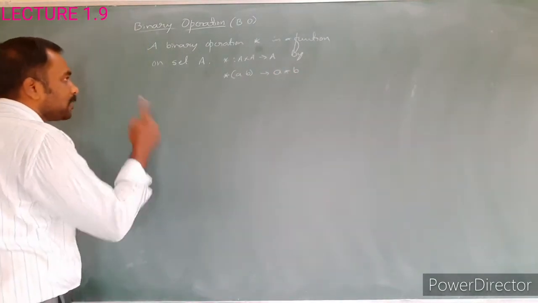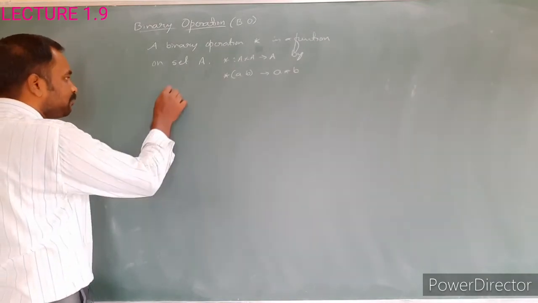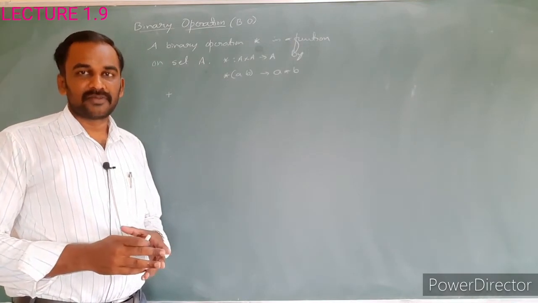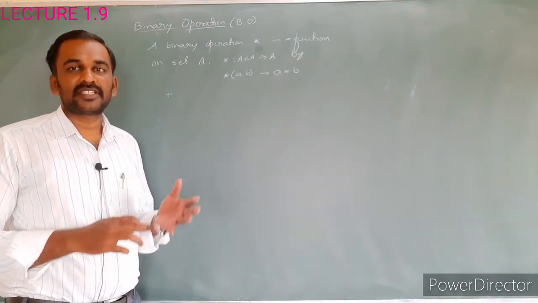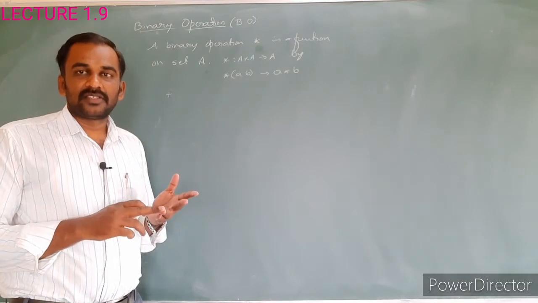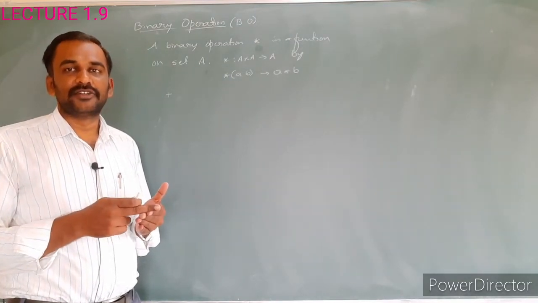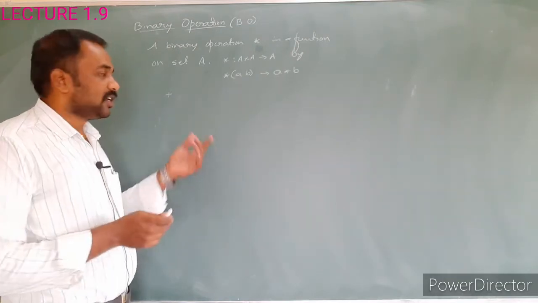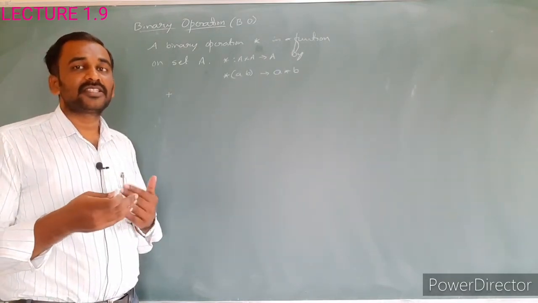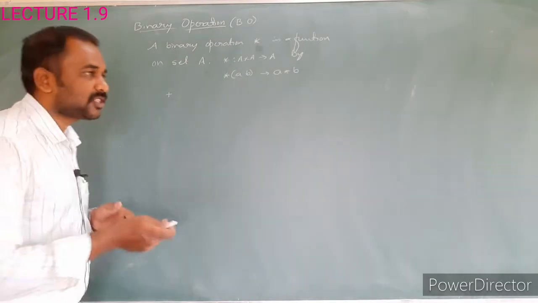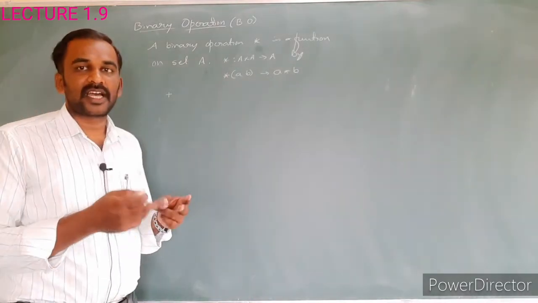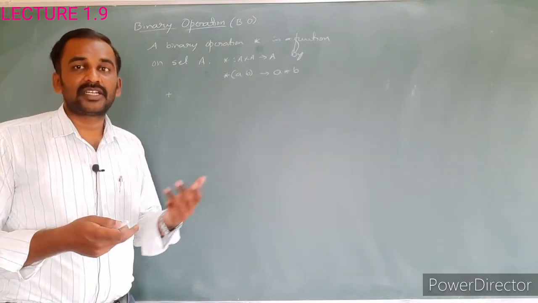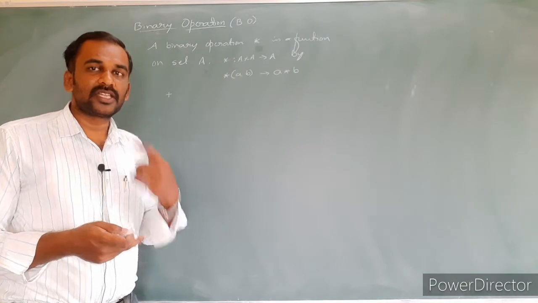Just for a better understanding, I just consider. So here we know the basic operations in mathematics. What are the basic operations in mathematics? Addition, subtraction, multiplication and division. These are all particular examples for the binary operation, because we are operating on two elements, either a sum, subtraction, division or a multiplication. The resultant value, what are we getting? We are getting only one element.